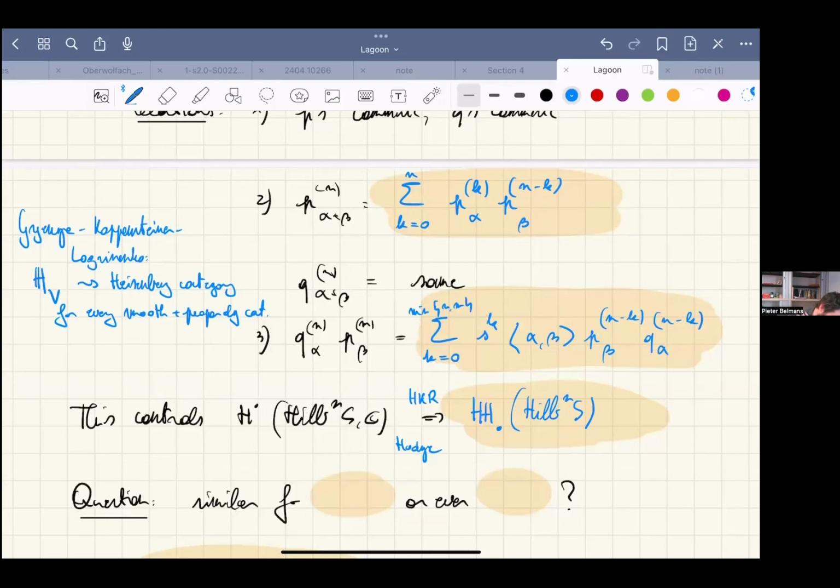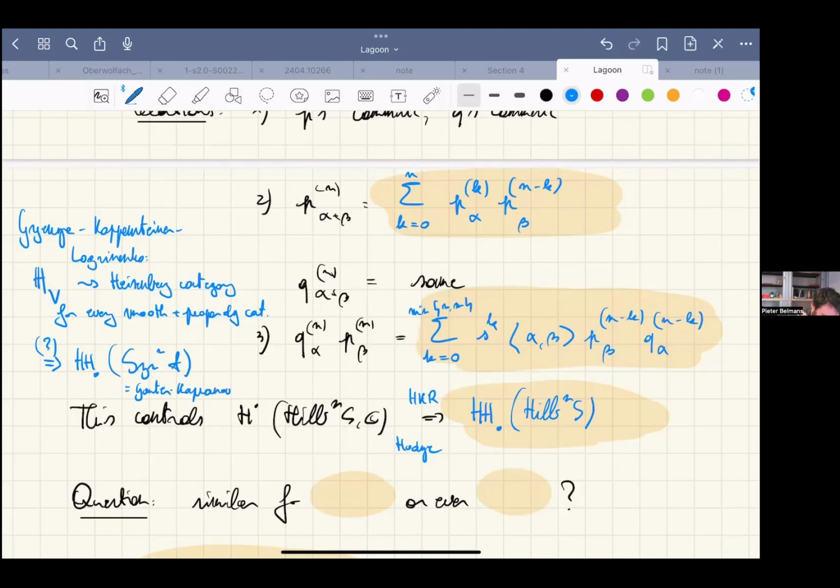And this should, I think, imply, with some additional work that needs to be done on the Hochschild homology of symmetric powers of the DG categories, a way to compute the Hochschild homology. Maybe I'll put a question mark. Should imply a way to compute the Hochschild homology of Sym^n of A, where this thing is the Ganter-Kapranov